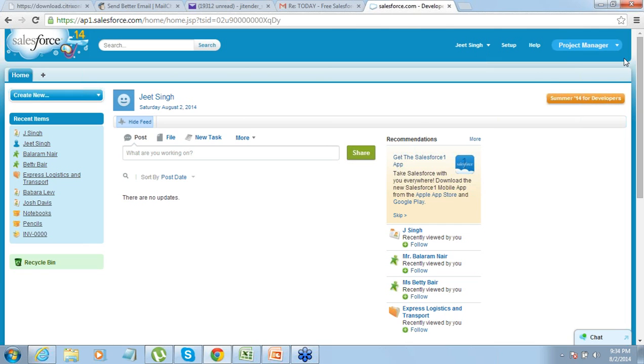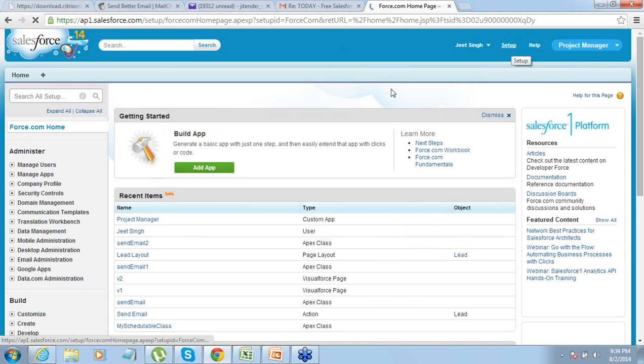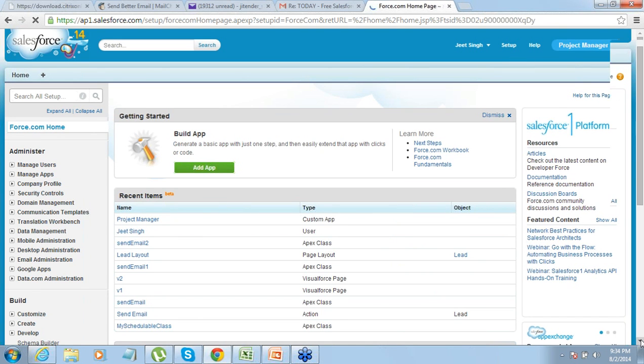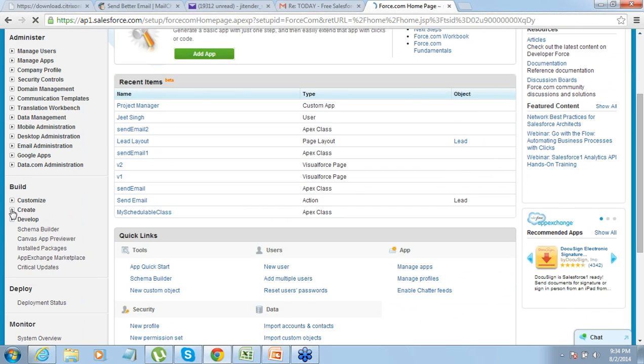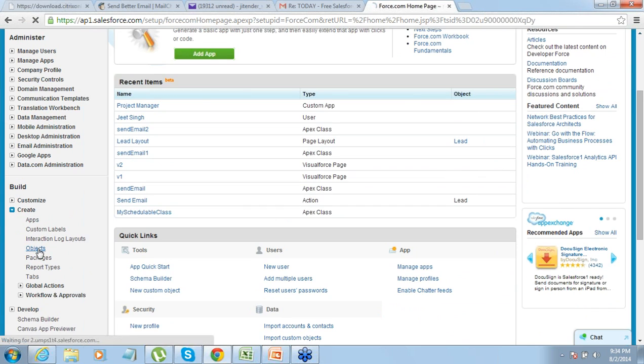So the app is ready for us. The other stuff that we'll have to do is we'll have to go and create the tables for data. Okay, at this point of time, in this app you won't see anything. So for creating a table, first of all we'll go with the client table, go to setup, again the same navigation, setup, create, objects. So this time I will not create an app, I have already created. This time I will create an object. So object is similar to a table. In Salesforce terminology, object refers to a table. So just click on objects,